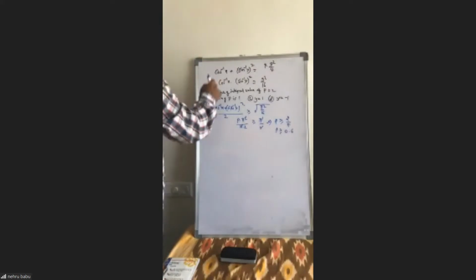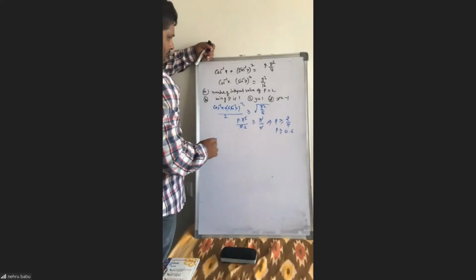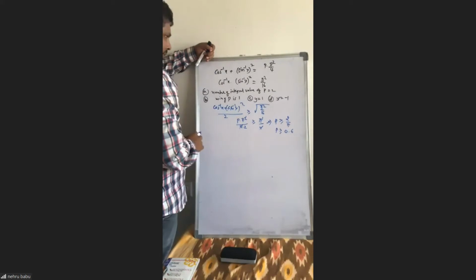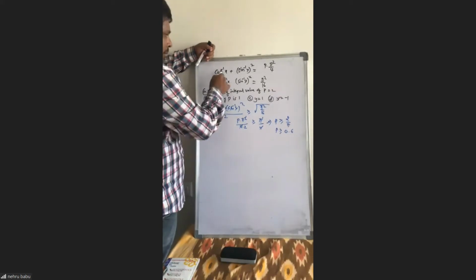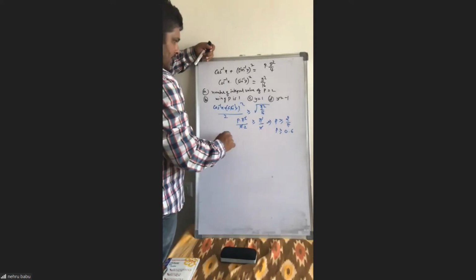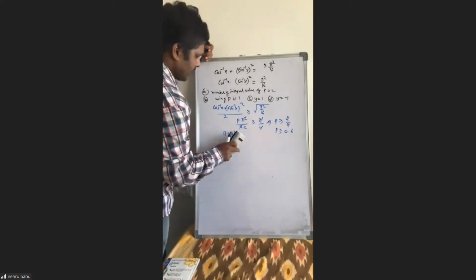Now what you are saying, cos inverse x plus sin inverse y whole square will be maximum when both are maximum, no, sir? Yeah, okay. So that is pi and that is pi square by 4. So from this, what is the maximum value of this? Pi plus pi square by 4. It is slightly greater than 2 pi square by 4.